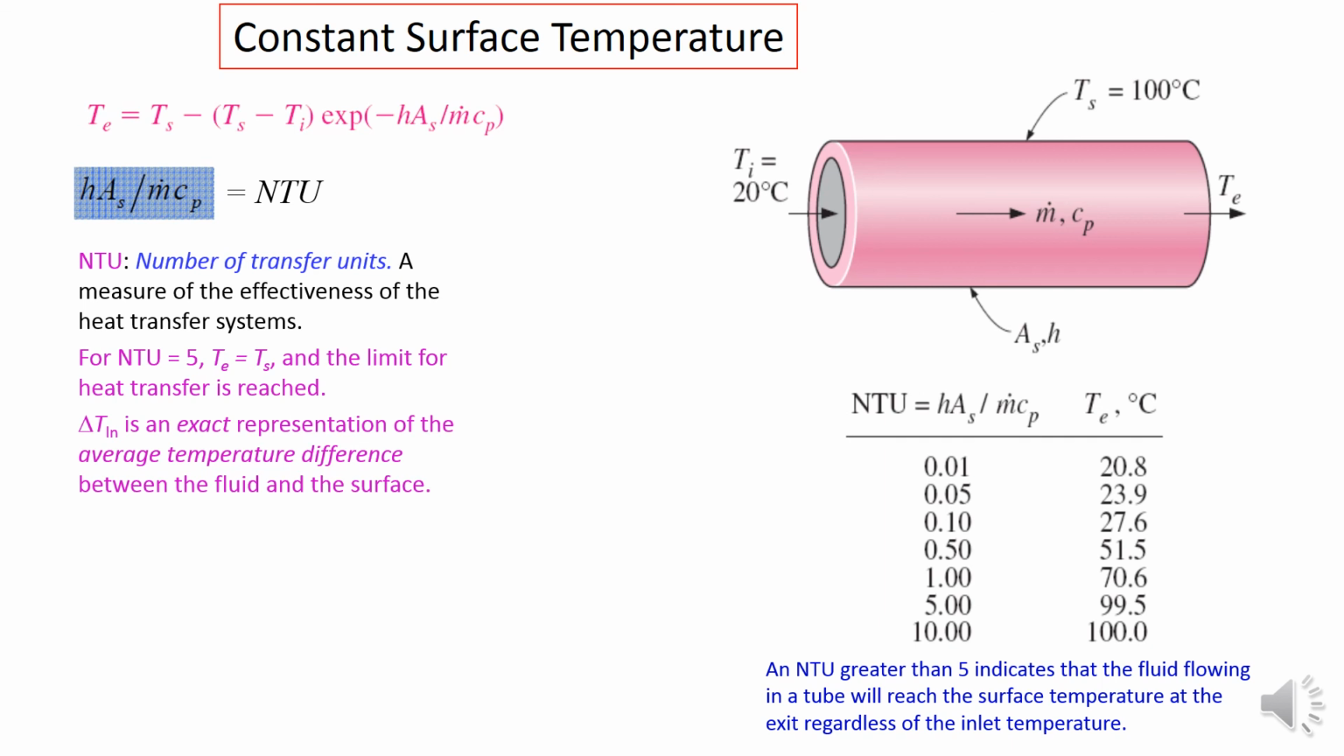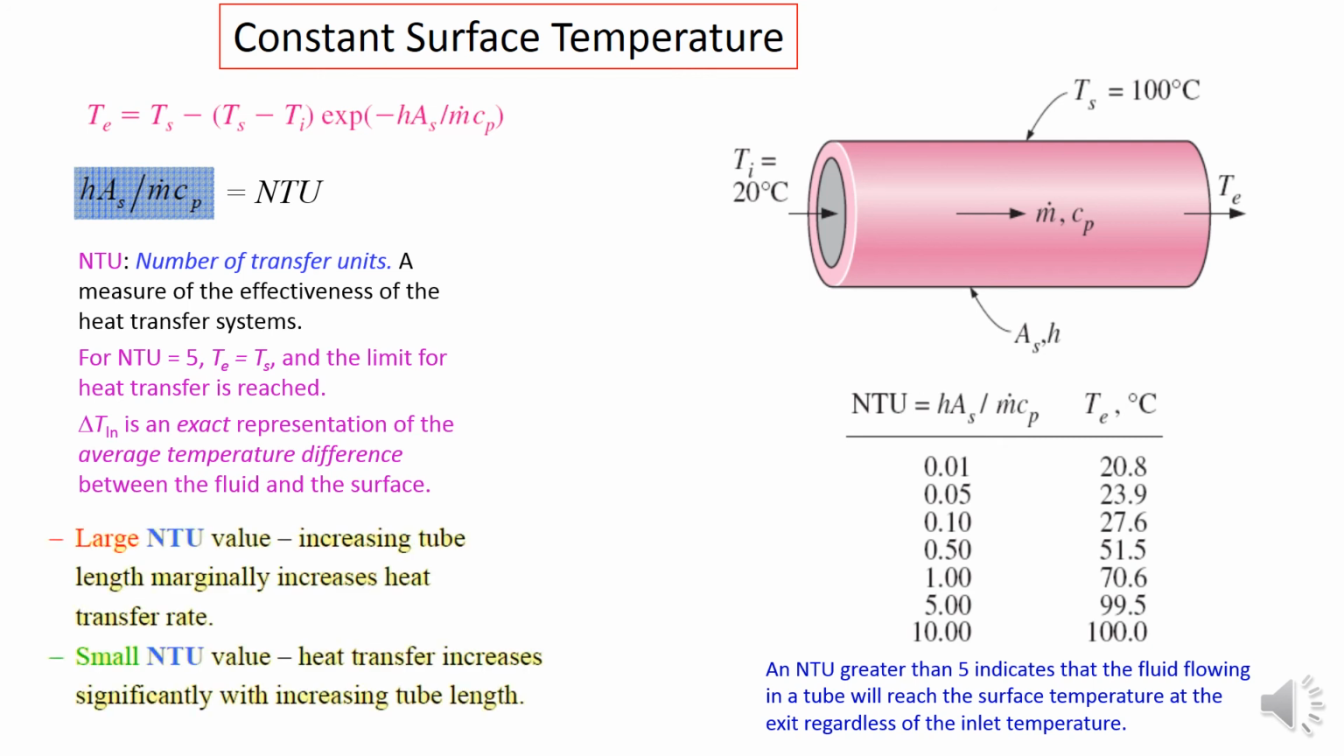So delta T ln, which is the log mean temperature difference, is an exact representation of the average temperature difference between the fluid and the surface. So we have two temperatures here. One is the surface temperature and the other one is the fluid temperature. For a large NTU value, increasing tube length marginally increases the heat transfer rate. Meaning that if the NTU is already close to 5 or larger than 5, then